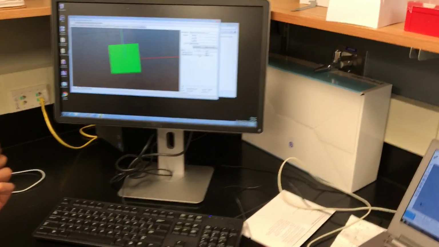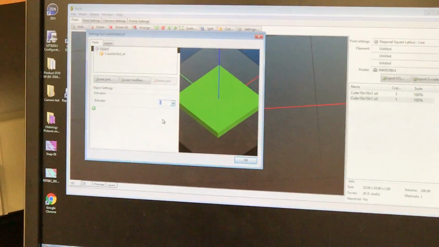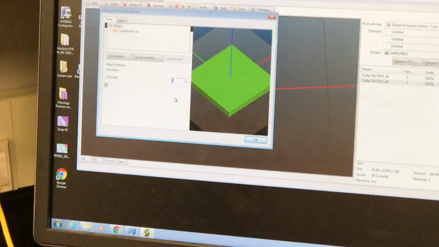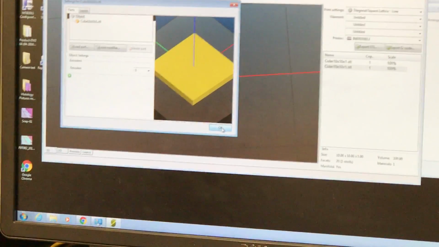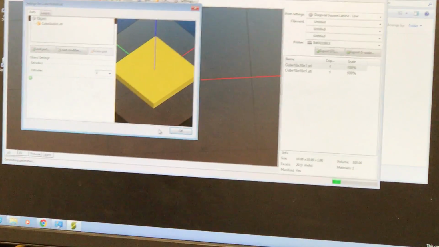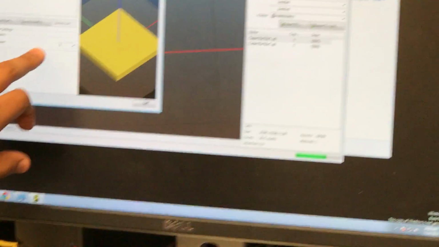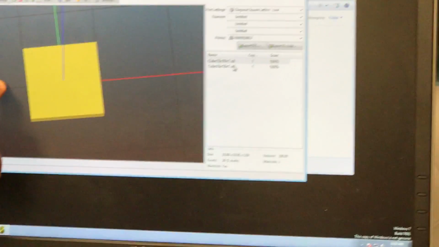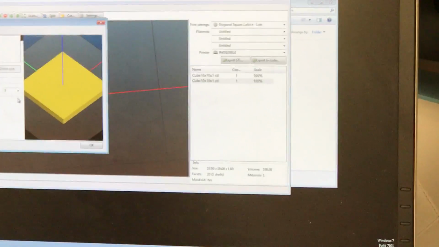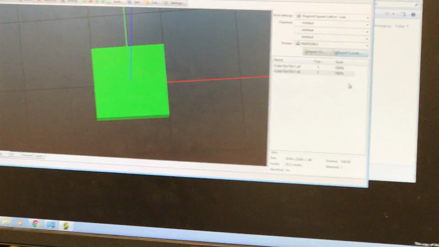And on the second one, I will double click and select extruder number 3. Extruder number 3, that's the UV. And for the first one, I will set the extruder to 1. So now the first one is set to extruder 1, which is printhead 1, and the second one is set to extruder number 3, which is the UV. That way, when you export the G-code,